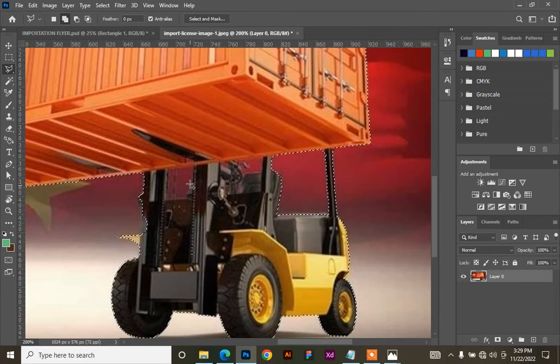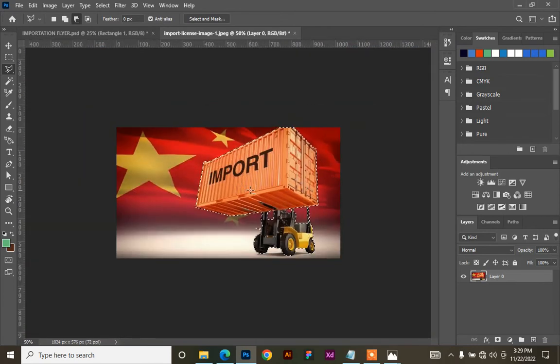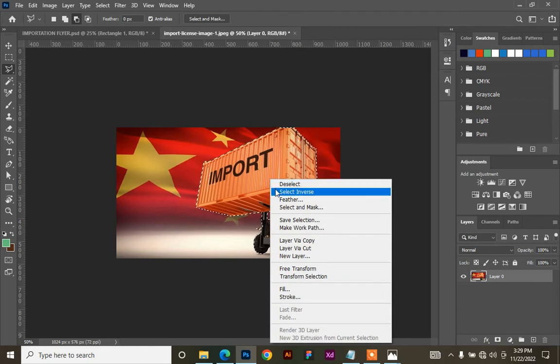And then I want this place, this is a background, so I want it removed, so I will change to subtract from selection. Click, click, click. So you can see same thing here. Click, click, click. So I'll zoom out. You can see I have my selection nicely, so I will right click and say select inverse,